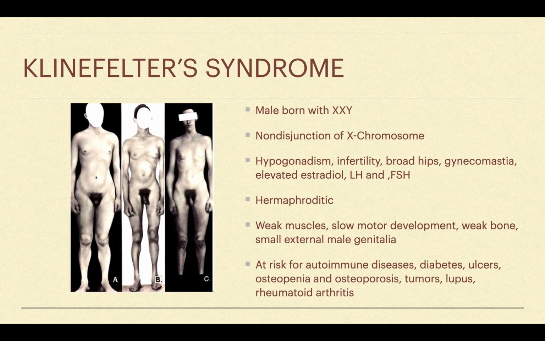Okay, so Klinefelter syndrome are males born with XXY. So there's going to be a non-disjunction of the X chromosome. Not too problematic in a way because one of the X will be silenced, but the X is not completely silenced, remember? So there's still going to be some contributions from this extra X, and that will lead to hypogonadism, infertility, broad hips,